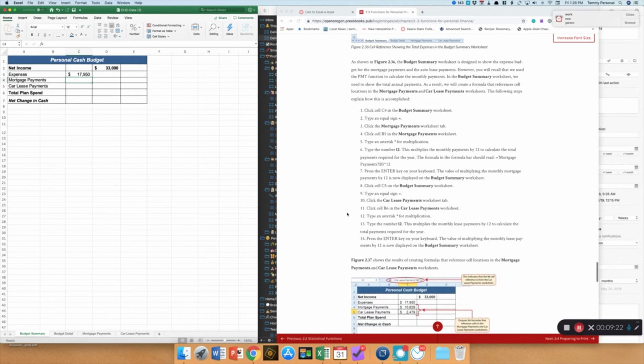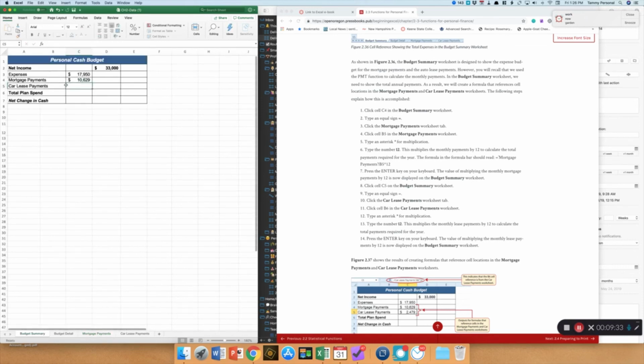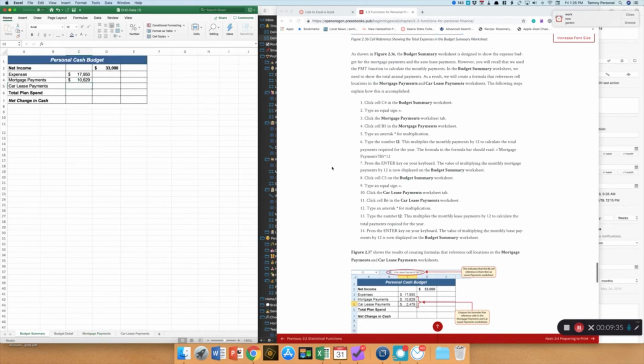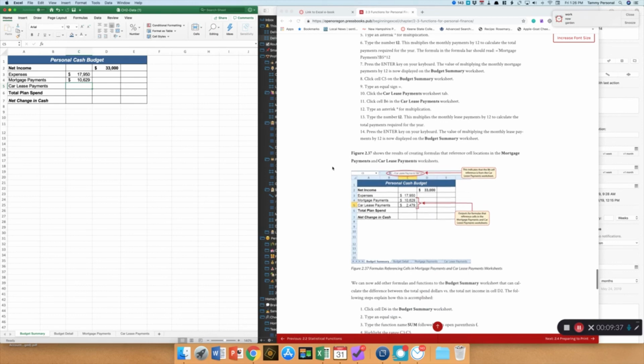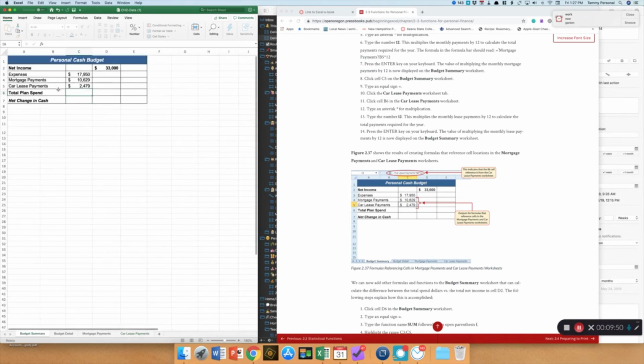Go in and get your annual mortgage payments. So here's $885, and you can multiply that times 12 to get the total for the year. That's going to get us $10,629. Likewise, with our lease payments, we want to pick those up for the whole year. So that's going to be our lease payment times 12. Okay, and then our total